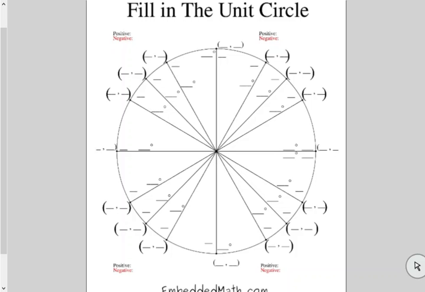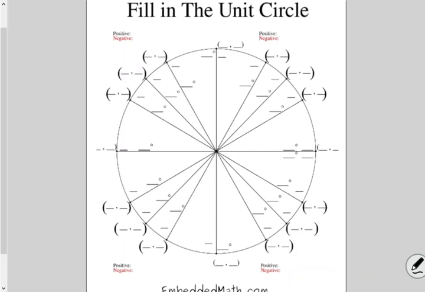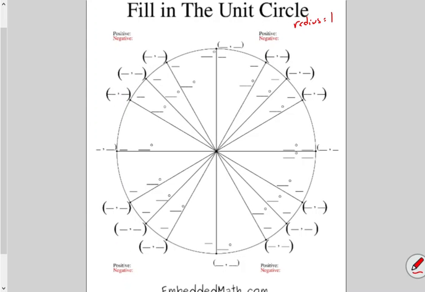Okay, so in this video, we're going to start to tie in the ideas we've been talking about for those special angles of 30, 45, and 60, and 0 and 90, your sine, your cosine, your tangents, with what we call the unit circle. Now, the unit circle has the basic idea that the radius of the circle is equal to 1. The other assumption that we take is we're going to relate sine to the y value,